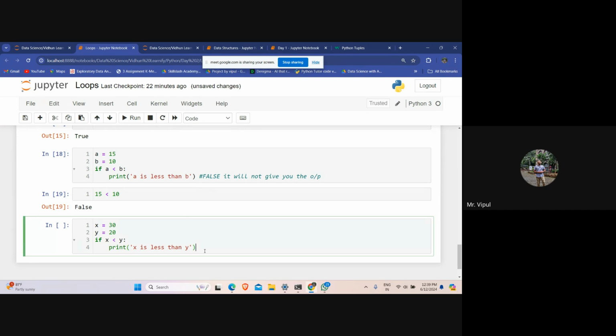So let us write this down. x equal to 30, y is equal to 20. If x is less than y, let us print x is less than y. Otherwise, means else if, this is not the correct syntax, it will not take. You have to write elif x is equal to y. अगर x is equal to y है तो क्या करना है, print कर x and y are equal.